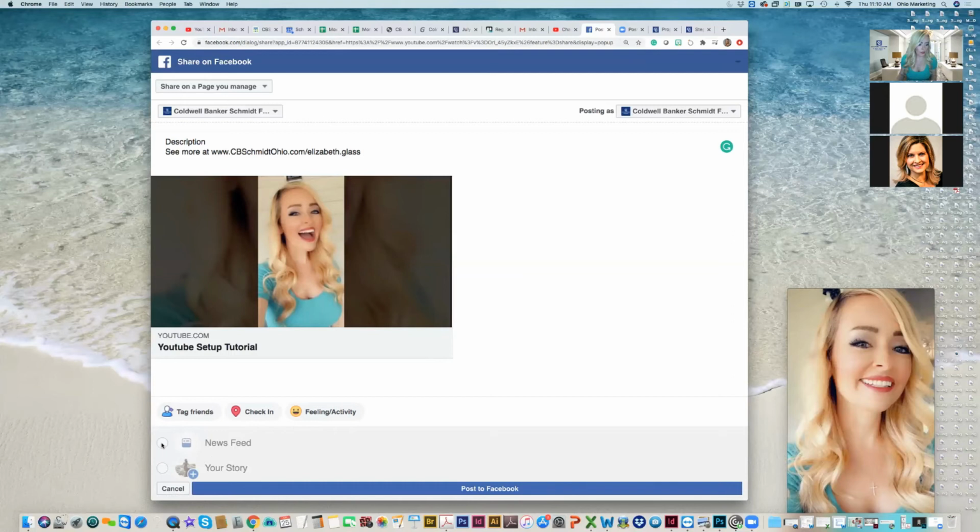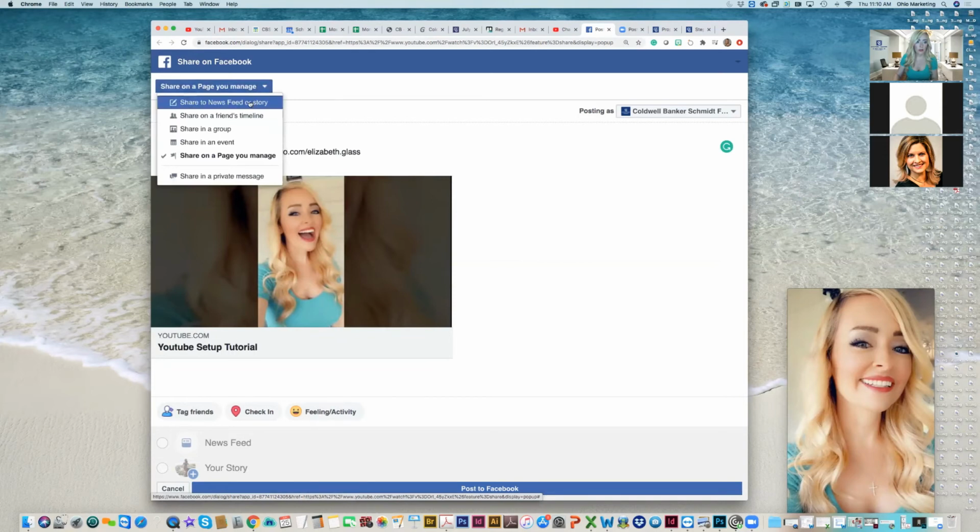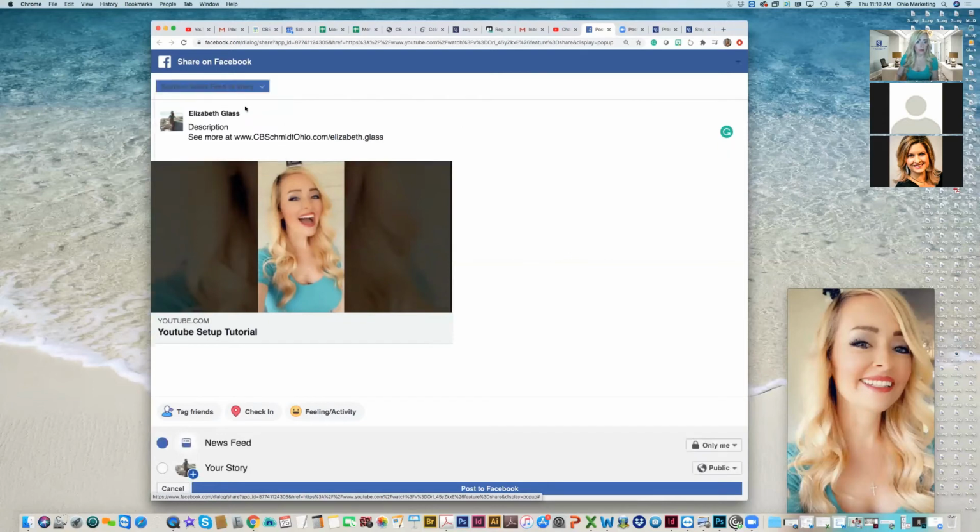The options down here are how you're going to choose to share this. So I can make it go into my news feed, which is my actual social media feed, or I can make it go to my story. For this one, I'm actually going to make it go to my personal page because I want to show you a cool option here. So I'm going to say share to my news feed or story. Okay. If I wanted this to go into my actual story, I would click on the icon at the very bottom of the screen.